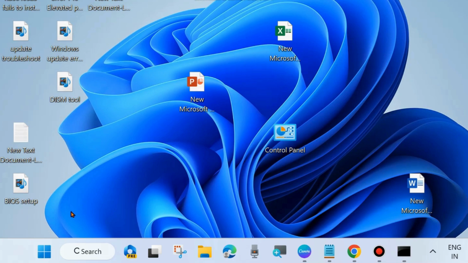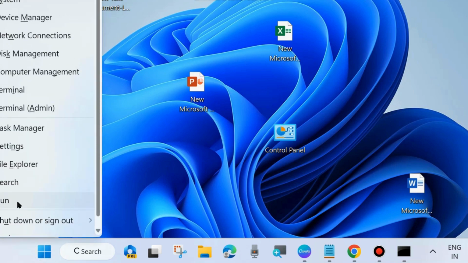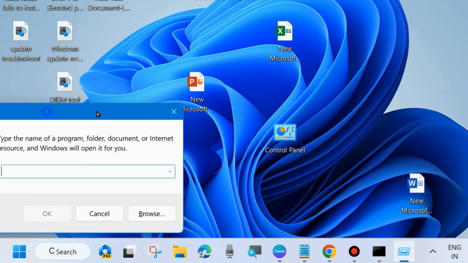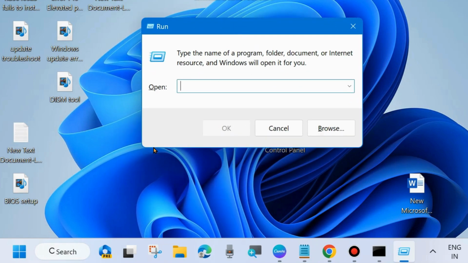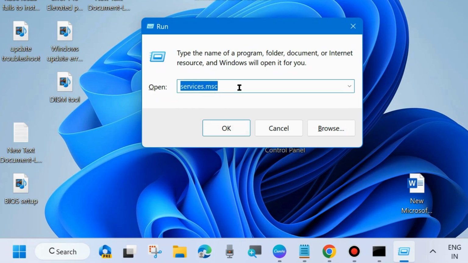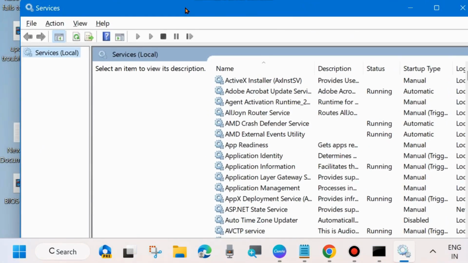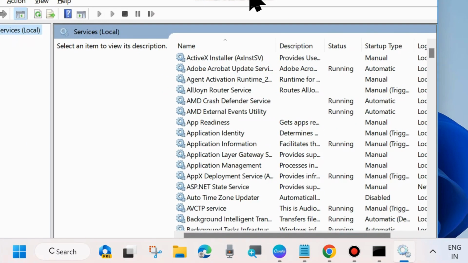The next one is again right click on the Start button and choose Run command box, and in the Run command window type services.msc. You must start or restart some Windows Update related services. So open the Services window in your system. Click OK. The Services window will open now, and here the first service is